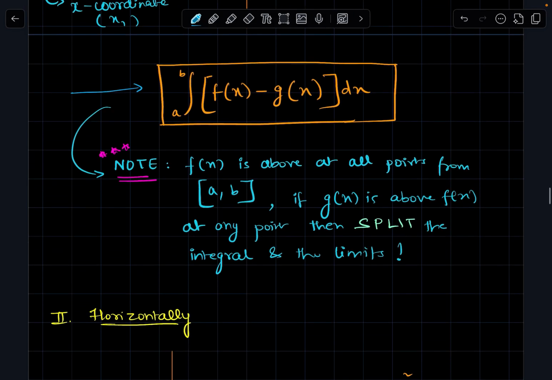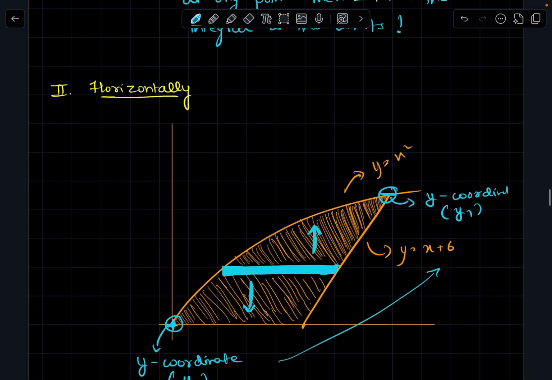Now, a point to note is that f of x must be above g of x at all points in between the interval of a to b. If for any reason it's not, then we have to split the integral. We are going to talk about this in detail after talking about horizontal integration. After that, we are going to jump right into this topic. So let's talk about